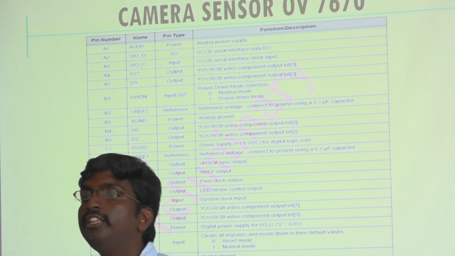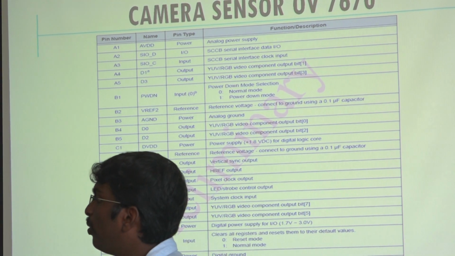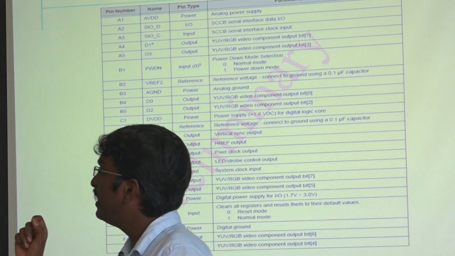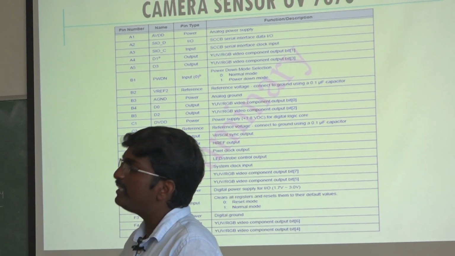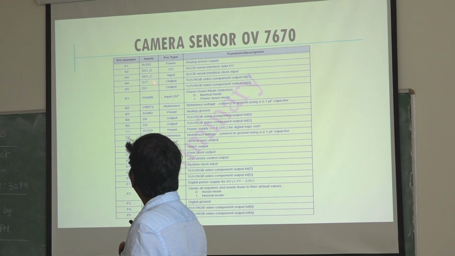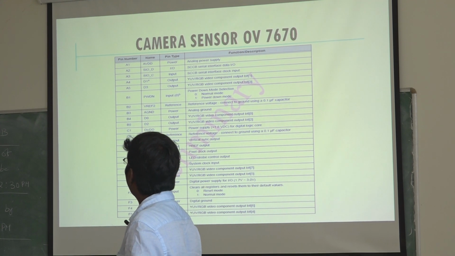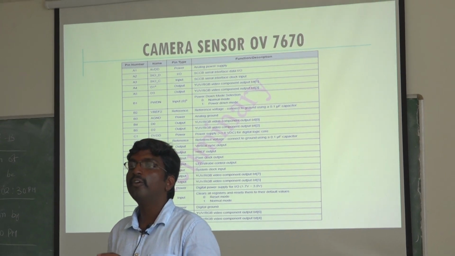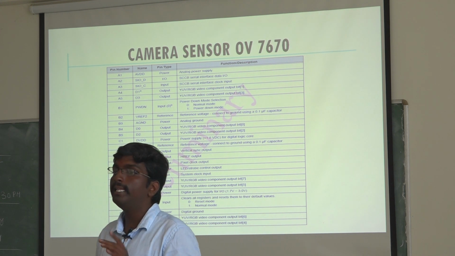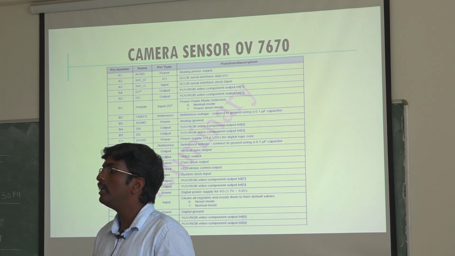Along with your video, VSync is also generated by your camera module. If this VSync is not generated, we definitely don't know where our starting pixel is, so it should be generated from the camera module. But this VSync will be proper only when your serial data, power down, VREF and HREF signals are proper. If these signals are not proper, whatever VSync the camera produces will not be proper, so we will not get proper data at the input line itself.